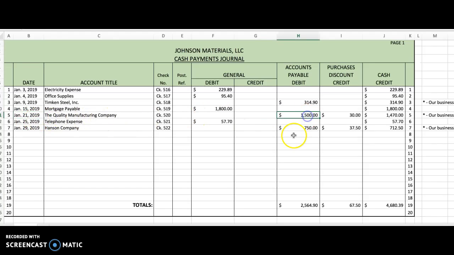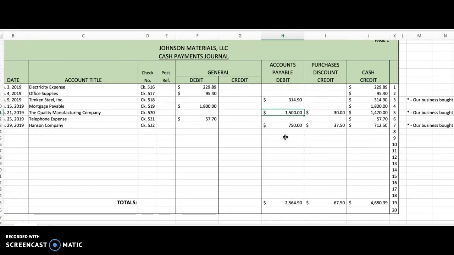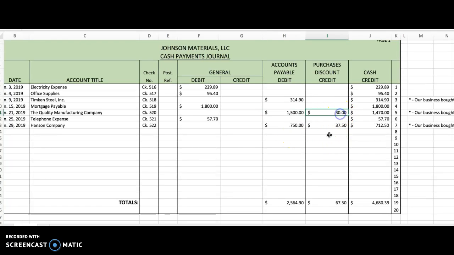So accounts payable is debited. We will debit the entire amount that we owe to this Quality Manufacturing Company. We owed them $1,500, so we debit $1,500. But we take a discount. A purchases discount will be entered in this column for $30,